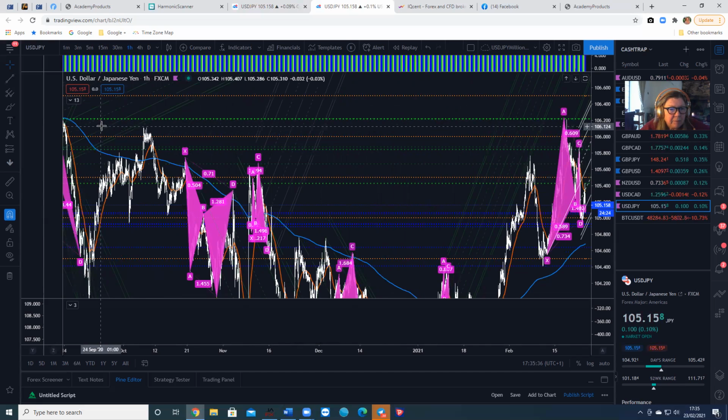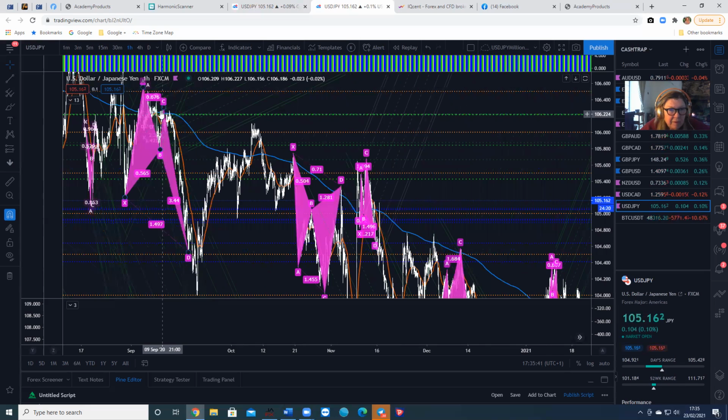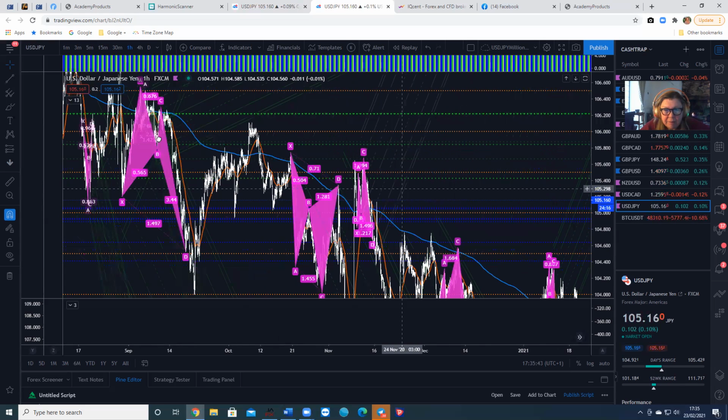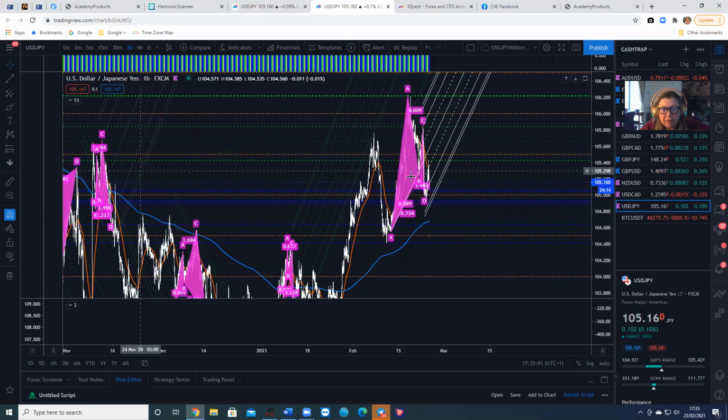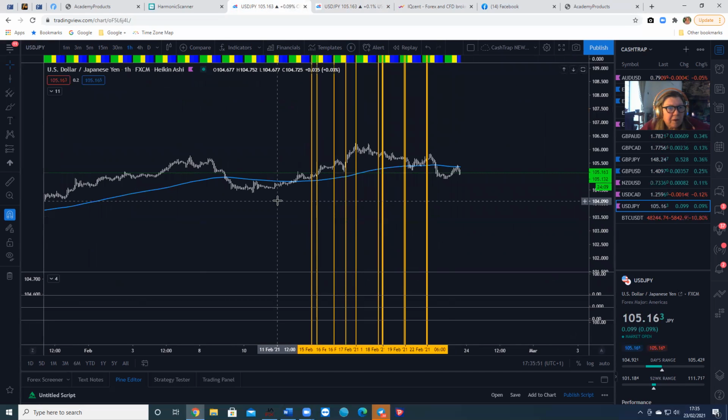Up here. So it was last up there, 10th of September. So it's been very, very high. And it's now working its way back down. So on our 5-minute chart,